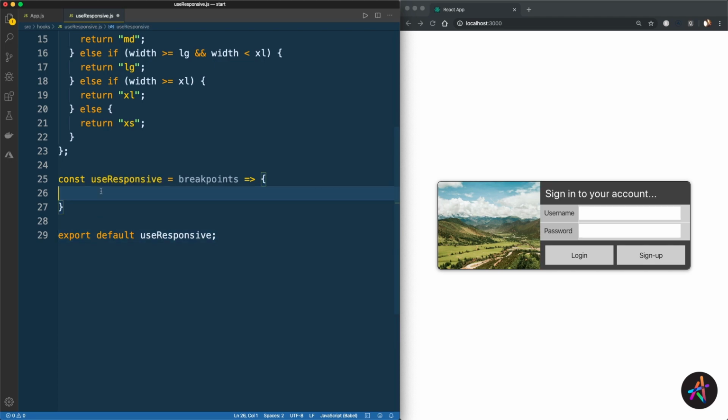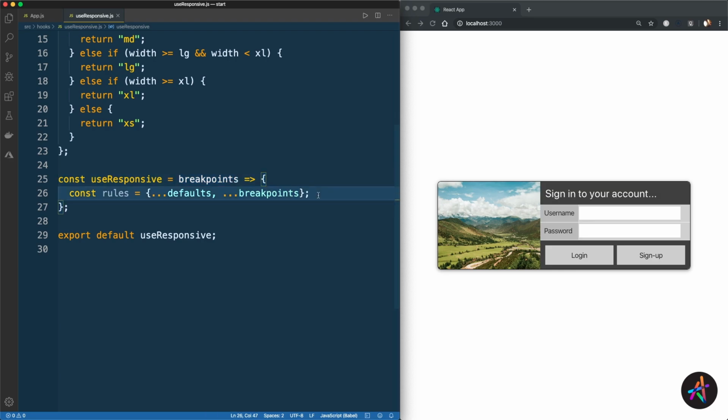If the user does wish to override defaults, we'll merge that with our defaults like so. This means that you can optionally override one or more default breakpoints easily, and for the rest, it'll just use values from our defaults object. Now, a hook can use other hooks and can thus incorporate its own state and side effects, which it can